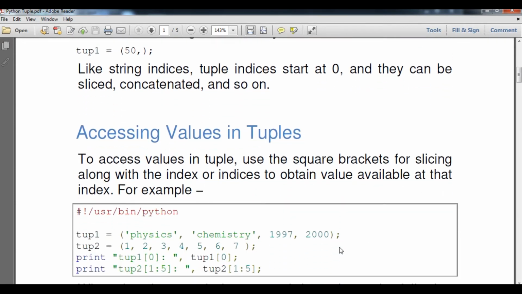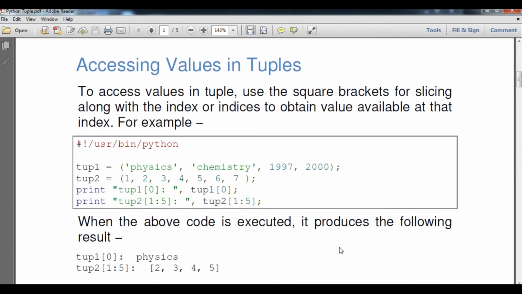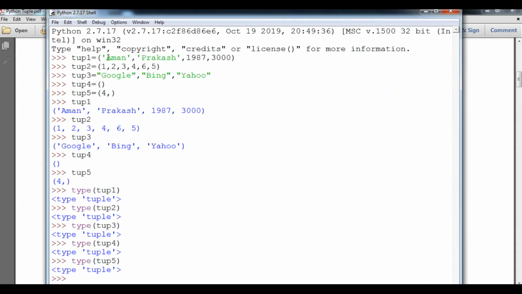string also. Now we are going to understand how to access the values in a tuple, that is, the elements in a tuple. As I teach you, here is the example. Here a number of elements are there, a tuple of data elements enclosed by round brackets. We can access them with the help of index values, and the index always starts from 0 to n-1, where n equals the total size of the particular tuple.